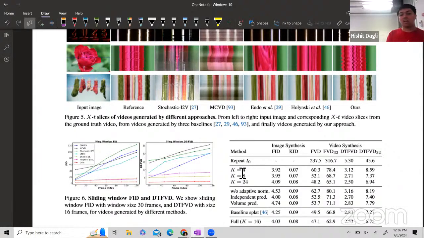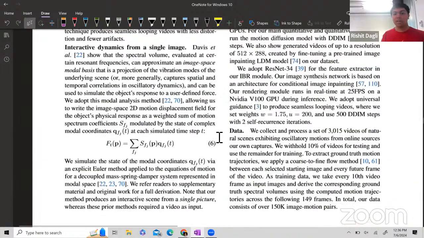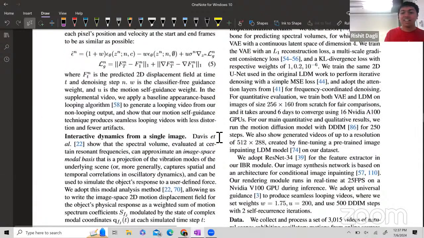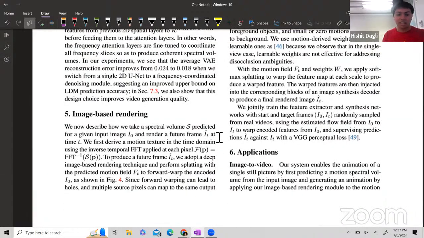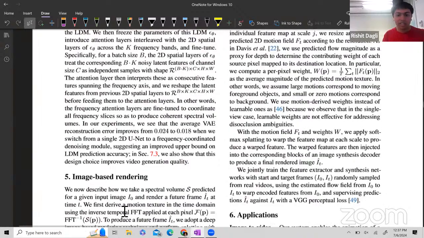I don't know where it is, but we can get to that section. They essentially have a separate section on rendering, which I saw in there. It's not so straightforward to get from these to motion maps. Some people have done it in the past, but it's not very popular in the community. So they talk a bit about rendering and how this rendering happens. I guess that's the next section over here.